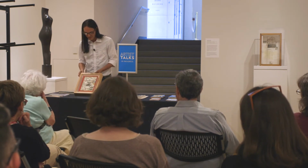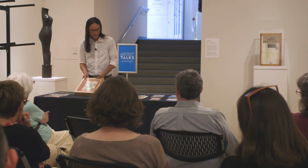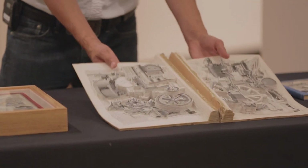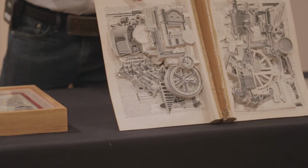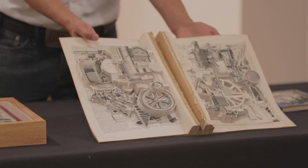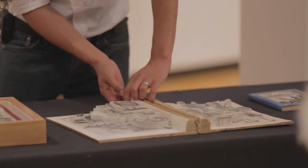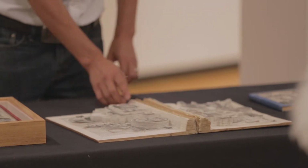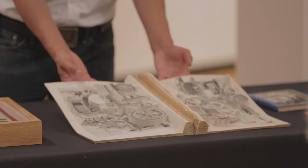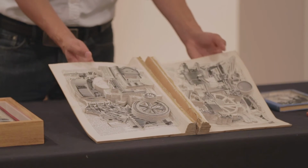I find these books, some of them are newer, like this is a newer publication, and then this is an old engineering book, and so it has a bunch of just technical drawings from engineering. This page is April 23rd, let's see, what was the date? 1897. So this is over 100 years old. And it was just kind of like the journal of the whole year of what was happening in engineering at the time. So you have